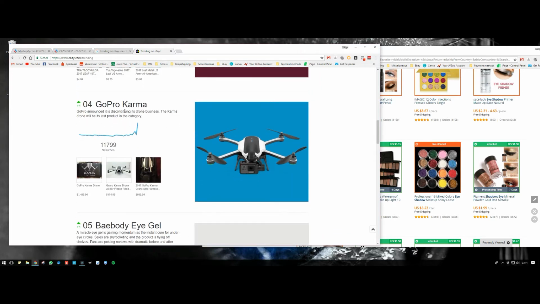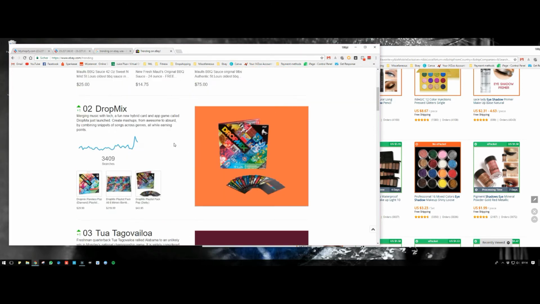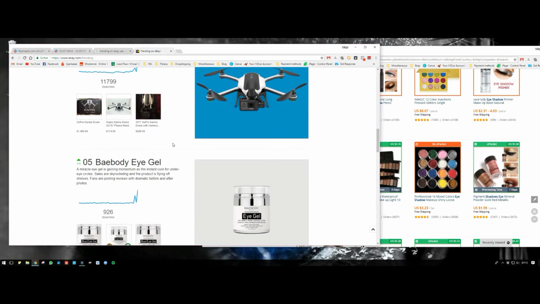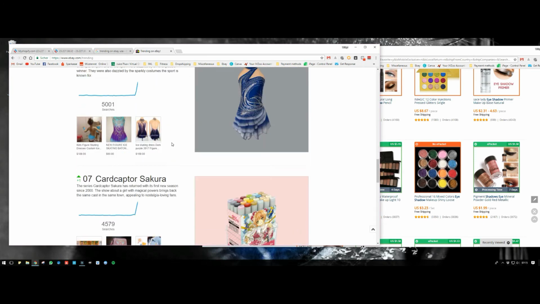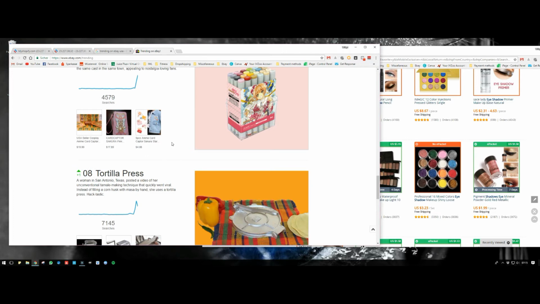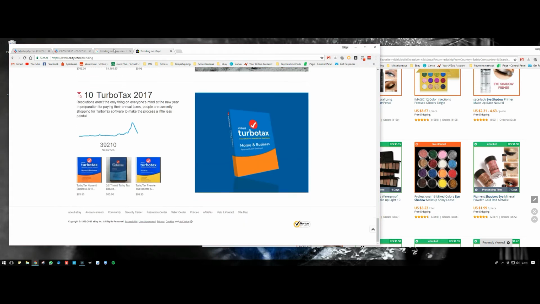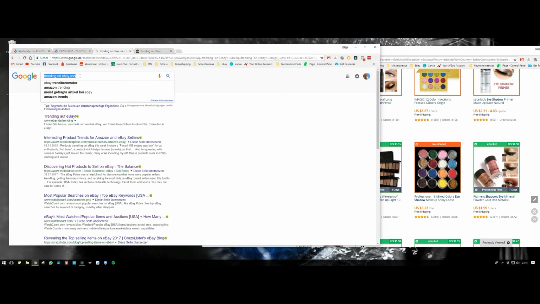Okay, so GoPro Karma. So this is a drone. This is a number 4, 11,799 searches. Okay. Wow. So yeah, you can look up what is trending right now on eBay if you type it in there in Google, tortilla press. So yeah, and I do the same with Amazon, top selling on Amazon,